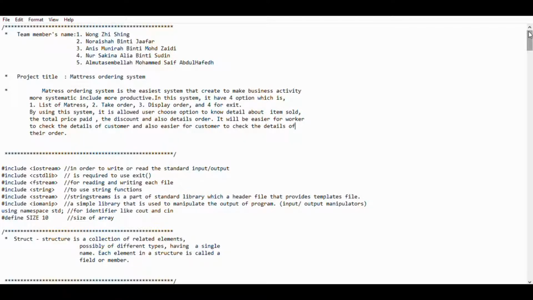In this system, it contains 4 options: 1 is for list of mattress, 2nd take order, 3rd display order, and 4 for exit. By using this system, it allows the user to choose an option to know details about the item sold, the total price paid, the discount, and also the order details. It will be easier for workers to check the details of customers